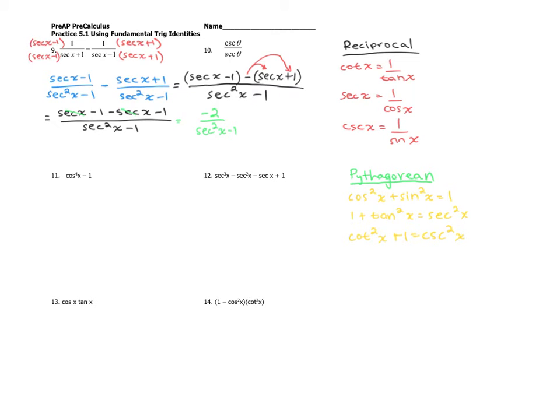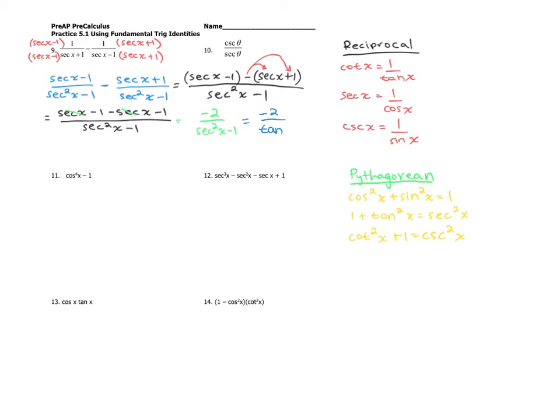manipulate our equation to make it so that it's secant squared x, if we take that 1 and bring it over to the other side, we get tan squared x is equal to secant squared x minus 1. So that secant squared x minus 1 is equal to tan squared x. So we can break that down in our equation here, is equal to minus 2 over